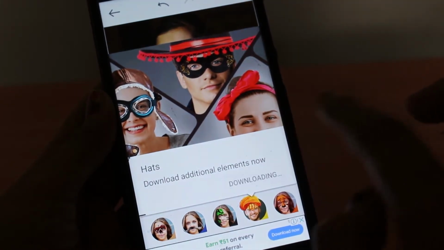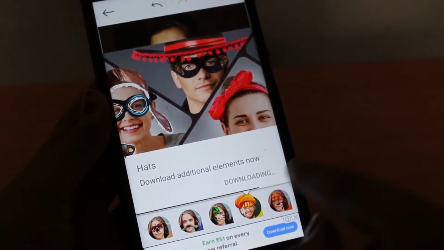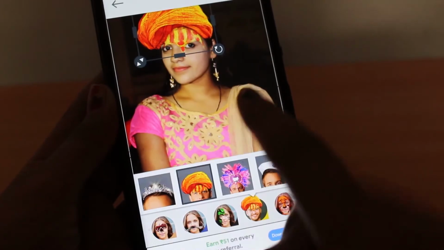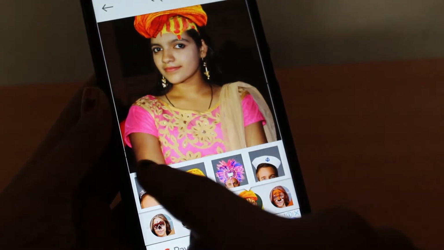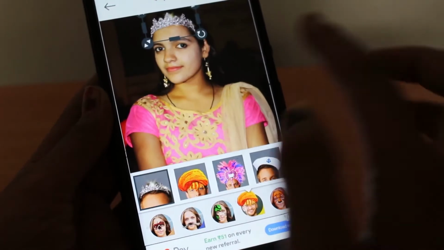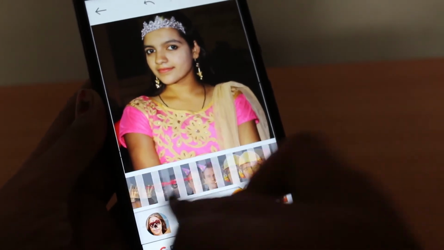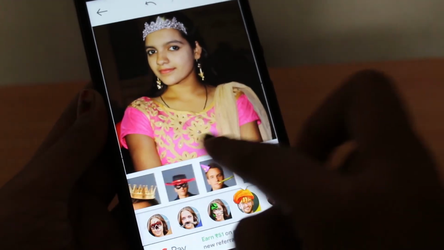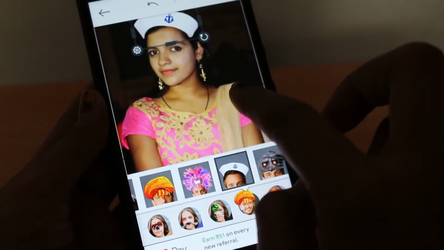just install it, and you will see this option here, and it begins downloading. There are lots of them. If you want something like this, just tap, and you can add it to your pack, and it's done. If you want a crown, the crown is applied. So there are lots of effects you can add to your photo. So friends, it's pretty simple, and if you want it like this, just press,